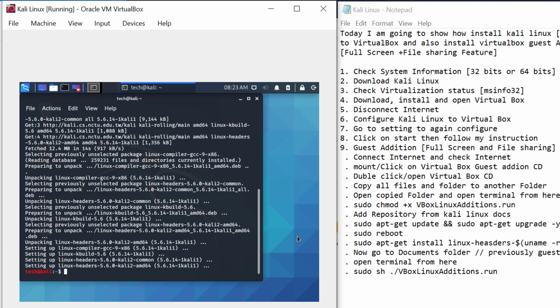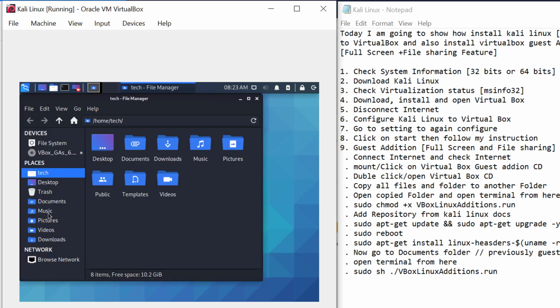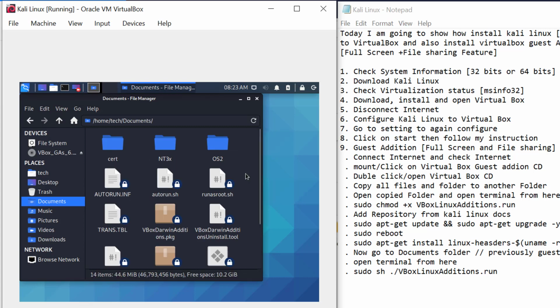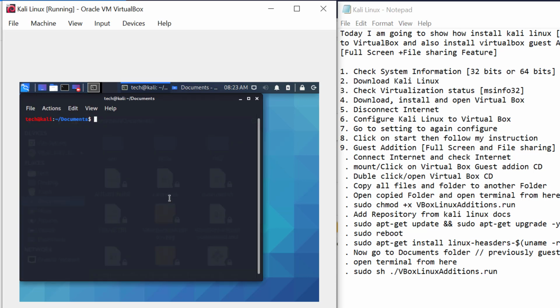Now I am going to the Documents folder. Previously I pasted the VirtualBox Guest Additions files into this Documents folder. From the Documents folder I open a terminal here.